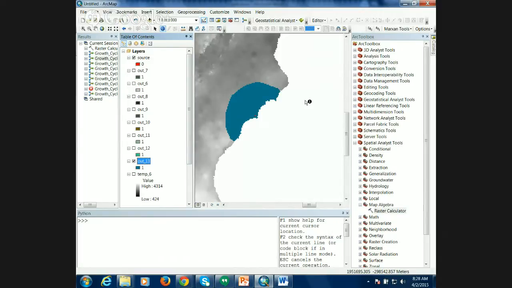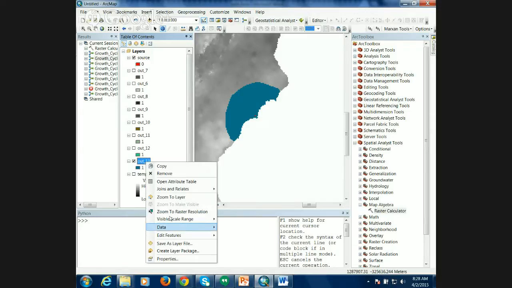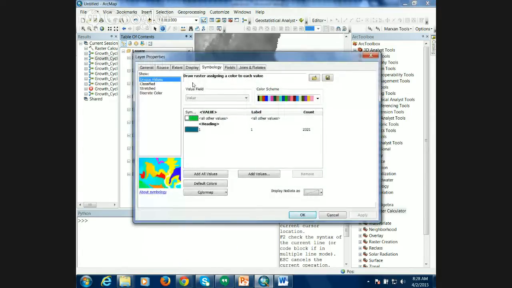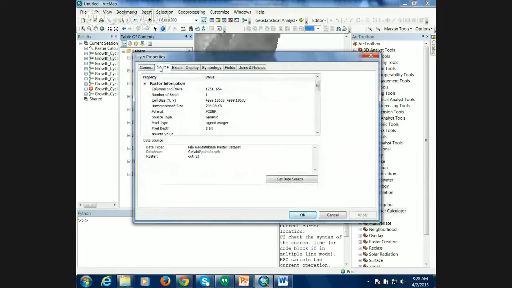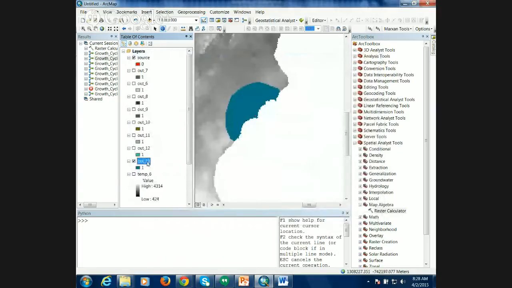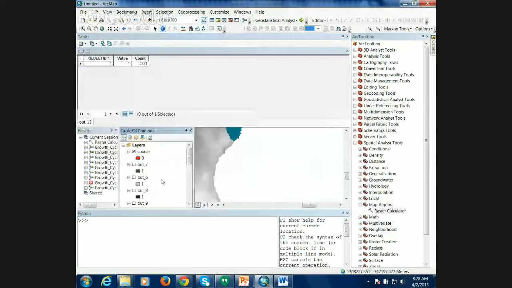How can we find that out? What's that? The table? Yeah, exactly. Any grid that's an integer grid will have a table associated with it. And we could simply look up and go to the table. You right click on it and say open attribute table. Okay. So we have a value of 1 and we have a bunch of values of no data, but here's